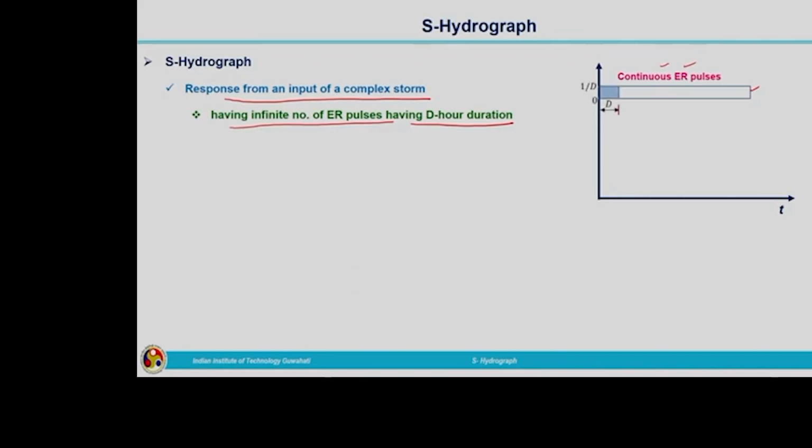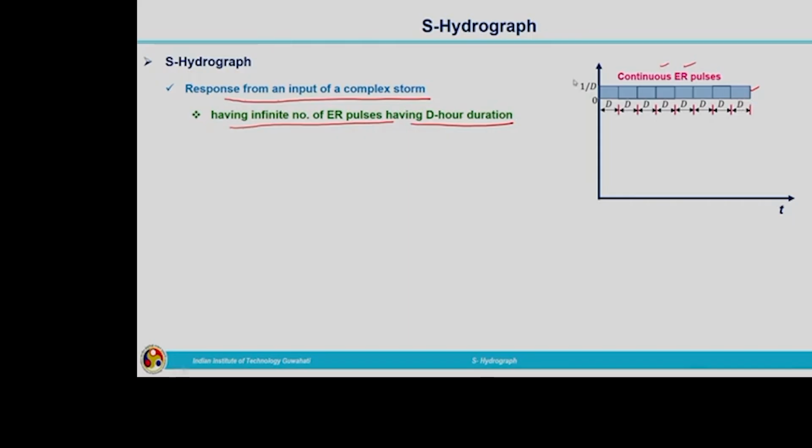This way we are going to divide it, that is, for a dr duration, it is varying from 0 to 1 by d at time t equal to 0 and continuing at that rate. The rate is 1 by d centimeters per hour. So, we are splitting the time into a number of discrete times. This way we can divide the entire time period,